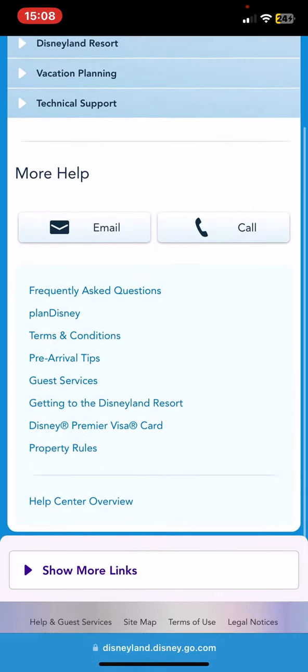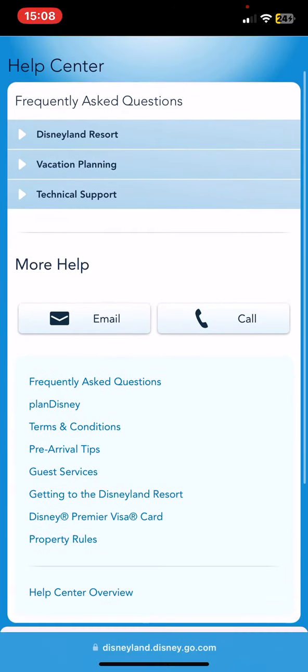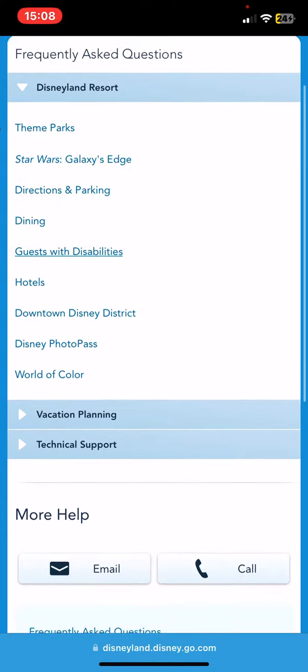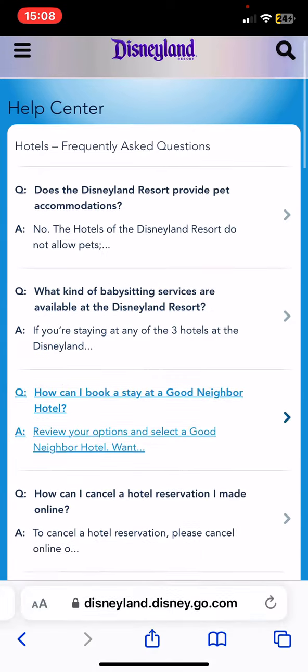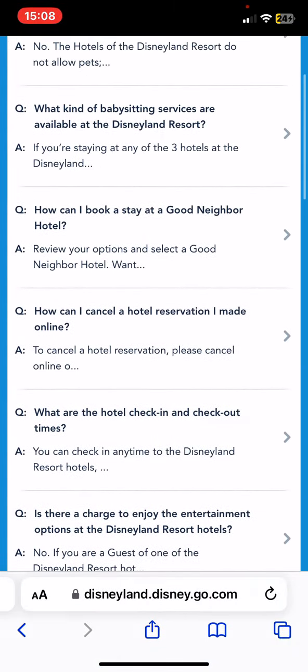And as you can see, here's the help center. And you can just click on any of the topics that came up. And then, for example, within Disneyland Resorts, you can click on the hotels button, and you will find all the questions and answers related to the